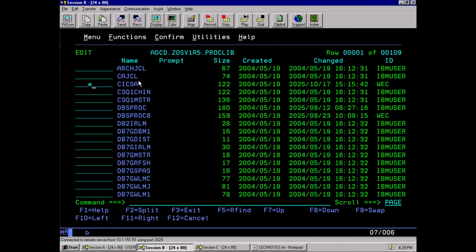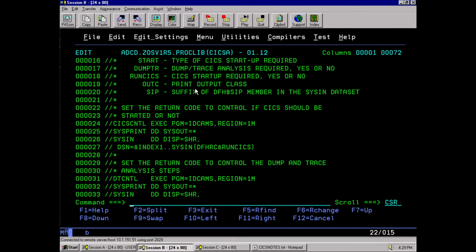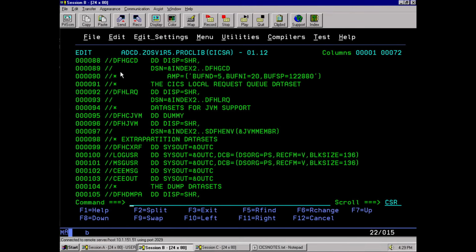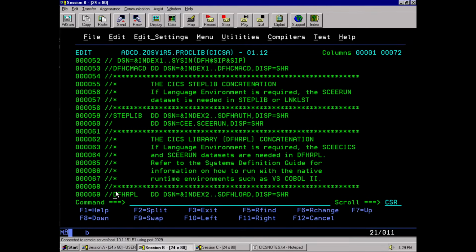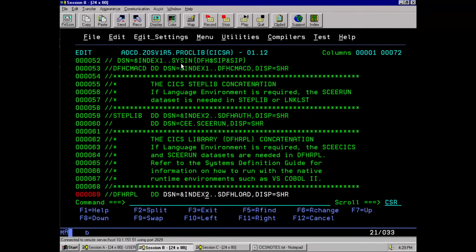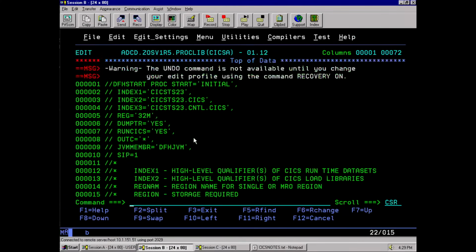So go ahead and find this CICS-A procedure here, and this is going to be a real toughie. Not really. Come down here and look for one that says DFHRPL, okay? This dataset concatenation, which is somewhere in here, right there. I'm going to scroll right up to that. This right here is the dataset DD name that CICS will open and will sift through in order to find load modules, okay? So first it's going to have its own CICS load library because this index2 thing, if we scroll back up to the top, is going to break into, there you go,